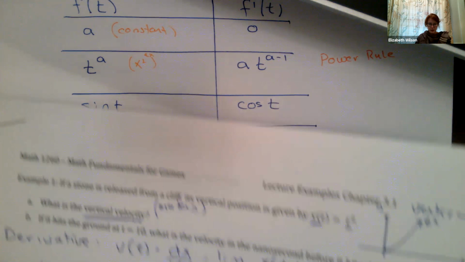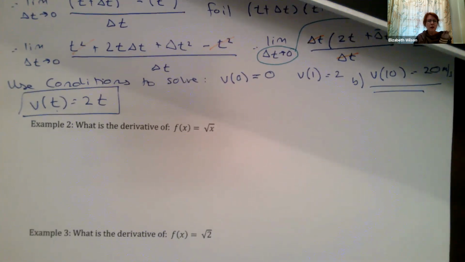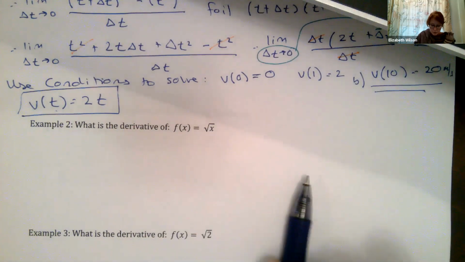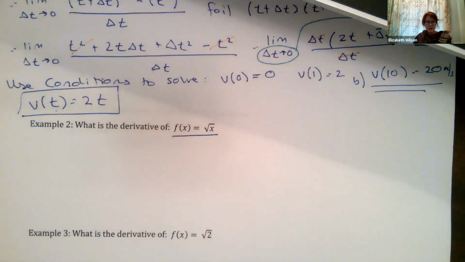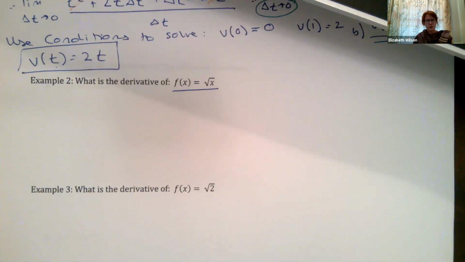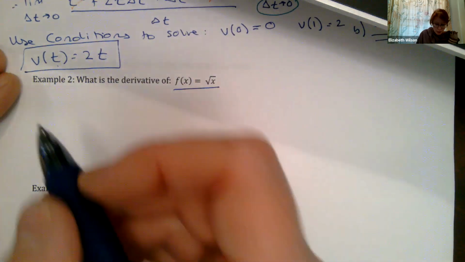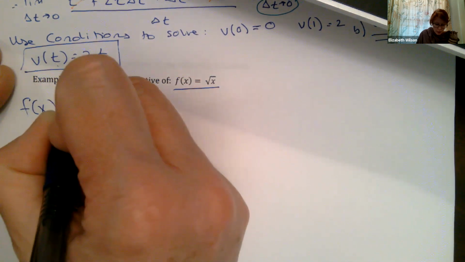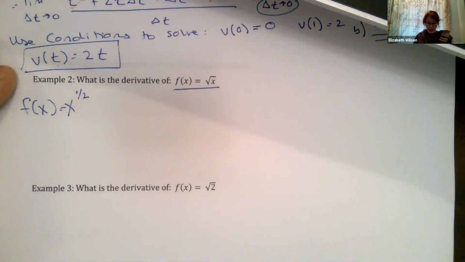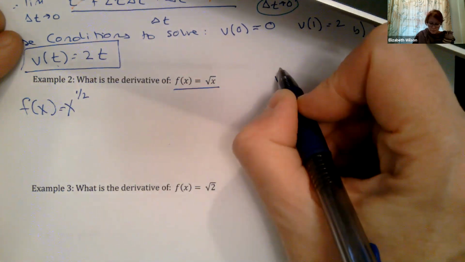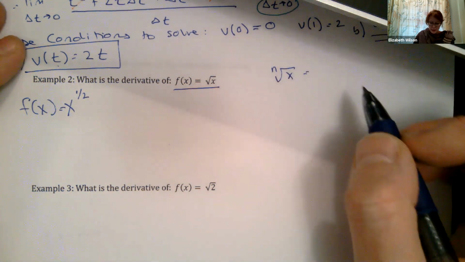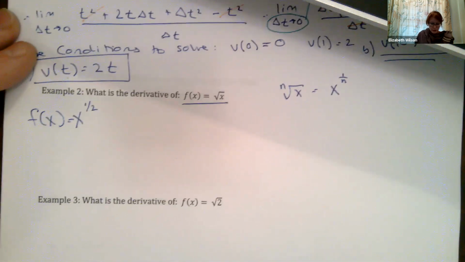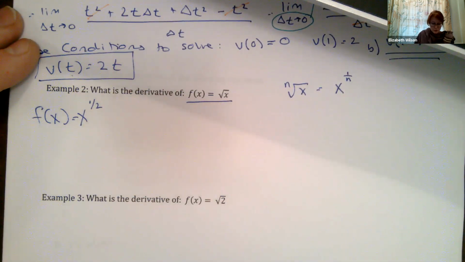Okay, so lecture example number 2. What's the derivative of f of x equals radical x? Radical x doesn't seem like it was a part of one of the functions we talked about, but it is. I'm going to rewrite this. So f of x equals x to the 1/2. Any kind of root that I have, right? So if it's the nth root, I can write this as x to the 1 over n. Okay, so I'm doing that here. F of x equals x to the 1/2. Well, this is the power rule